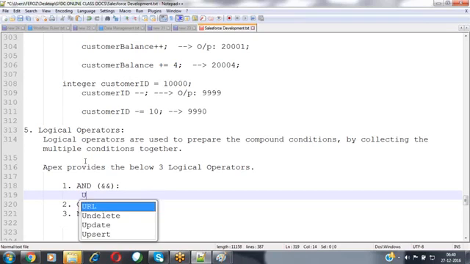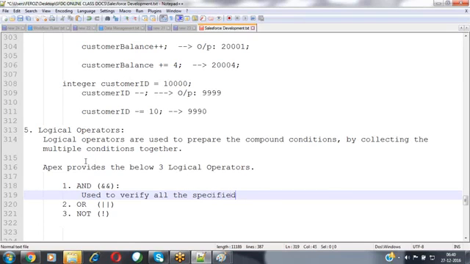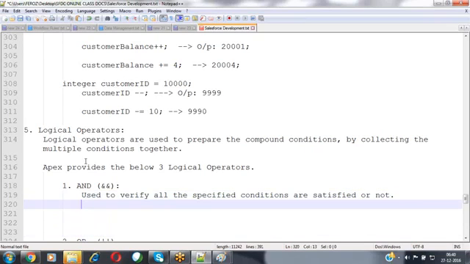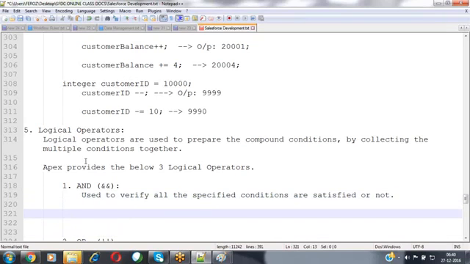Now, this will be used to verify whether all the specified conditions are satisfied or not. When will it return true, and when will it return false?